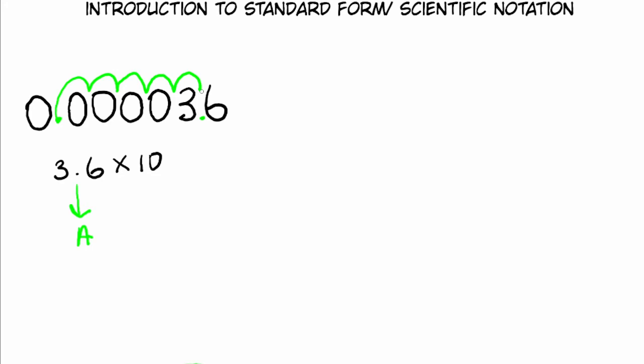Well, since our original number, 0.000036, is less than 1, our N value will be a negative value. So it's going to be 3.6 times 10 to the negative 5. If we had